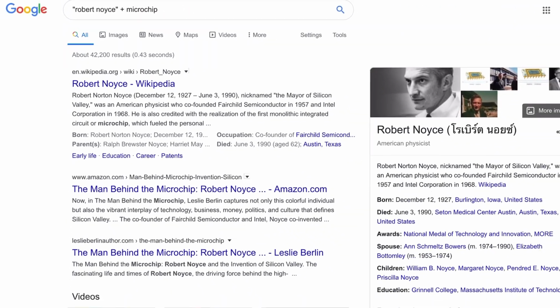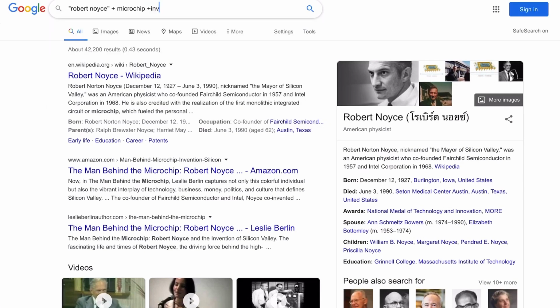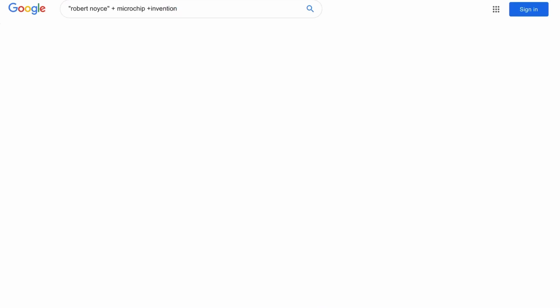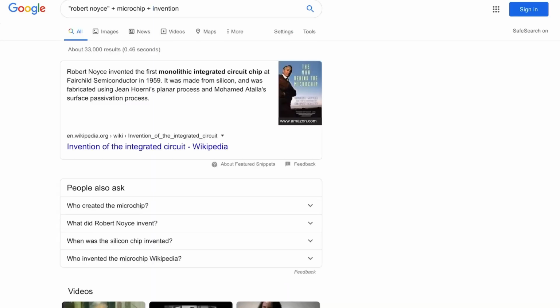So I could add one more in there and put invention. You can see that I need a space between that word invention. So now I've got 33,000 results, which is far more manageable, and it means that I can see what's going on.